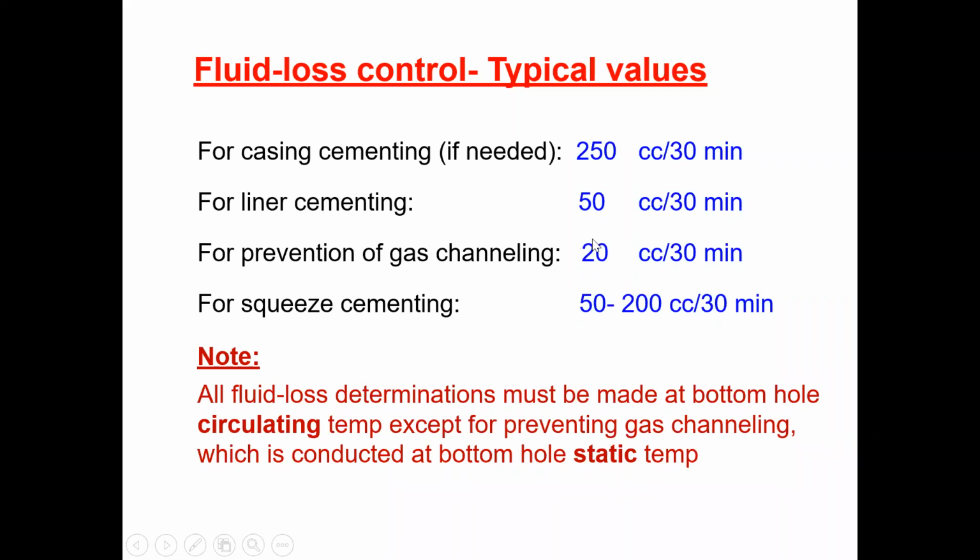Fluid loss should be minimum, and we have to measure the static gel strength. Nowadays, static gel strength analyzers are available, wherein the theory is that when the cement is placed, it should develop a high gel strength. That gel strength prevents gas migration. Within 45 minutes, the gel strength should attain 500 pounds per 100 square feet. That should be the value. So especially for gas wells, we also test for the development of static gel strength.